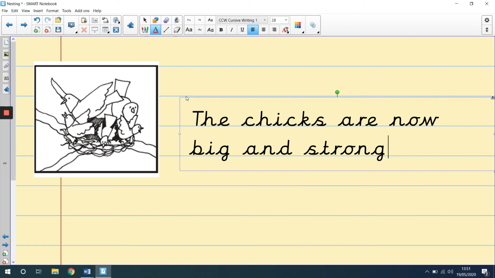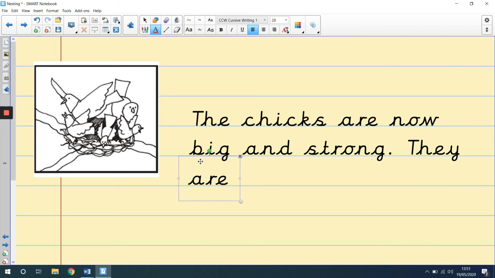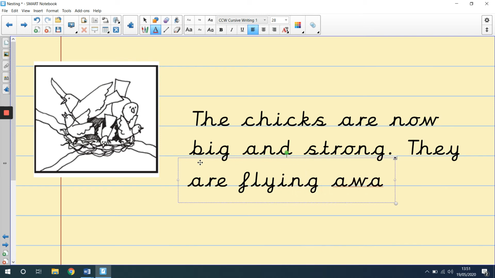The chicks are now big and strong. Capital letter. They are flying. They are flying away